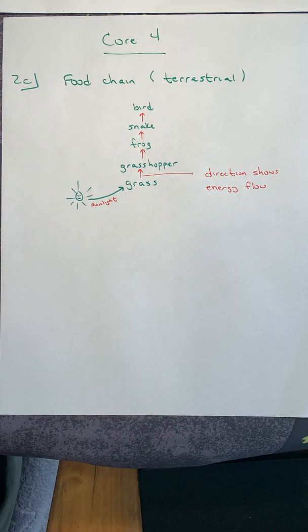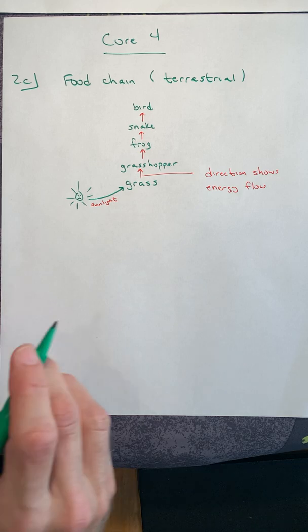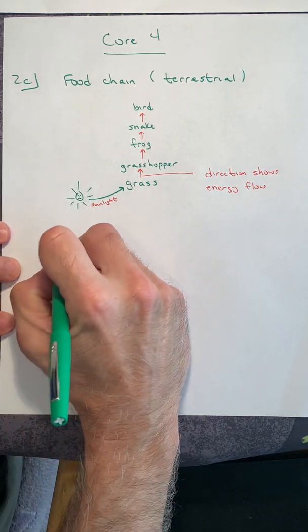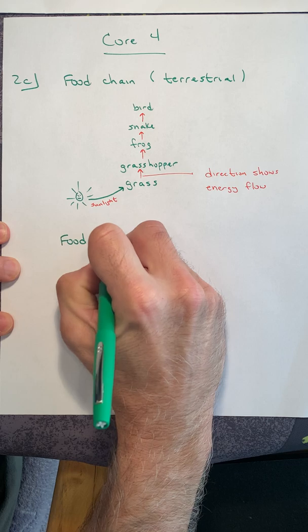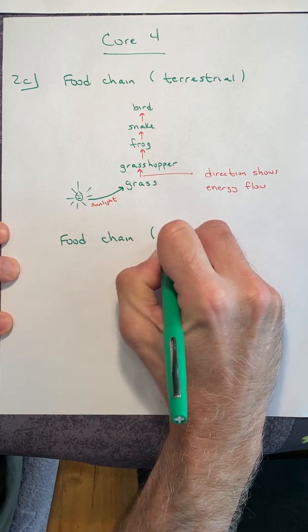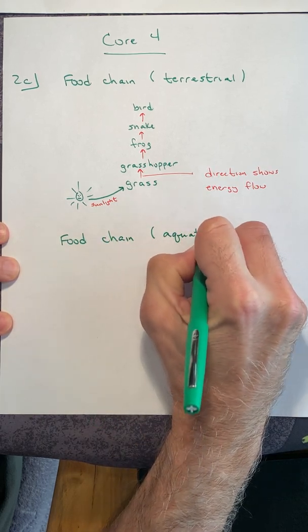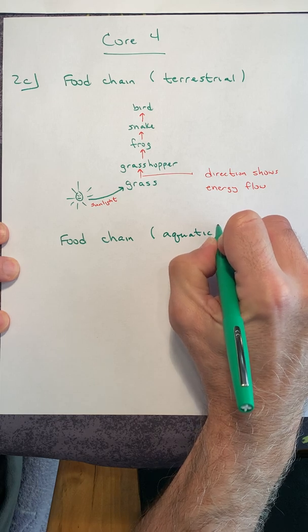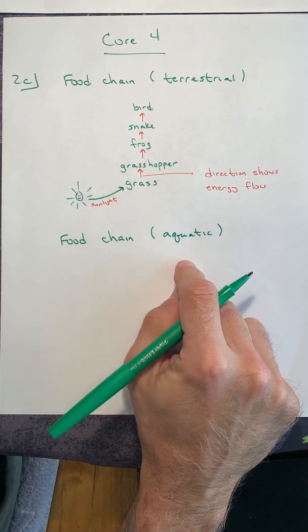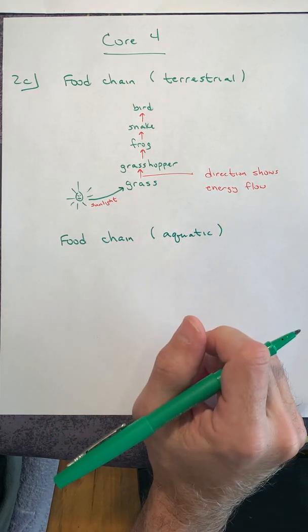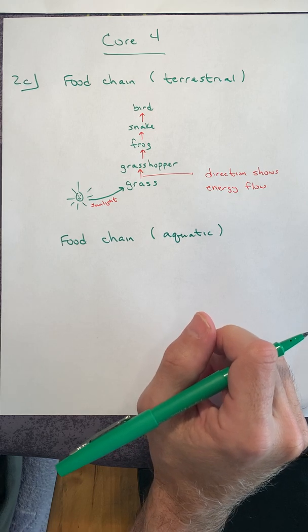So create a terrestrial ecosystem, whether you want that to be in Chula Vista, up in Washington State and Oregon, in a tropical rainforest, or up in the Arctic, whatever you want. Then let's do an aquatic food chain, something in the water. If this is in the Arctic Circle, up where it's really cold, you can go saltwater or freshwater, whatever you want.